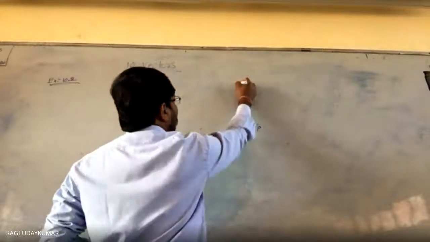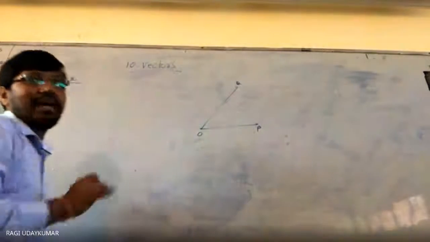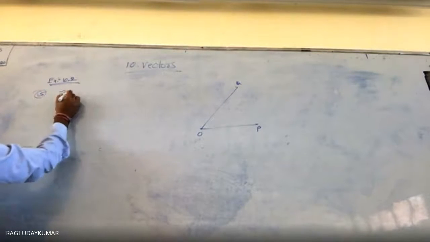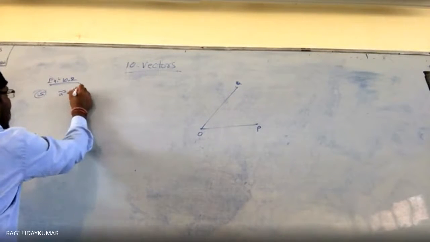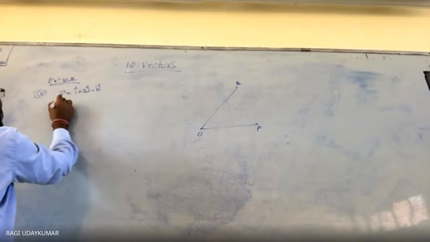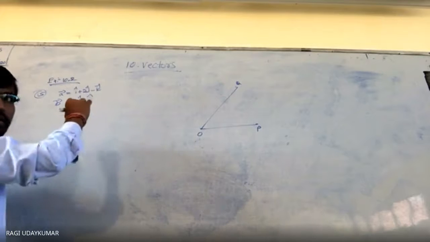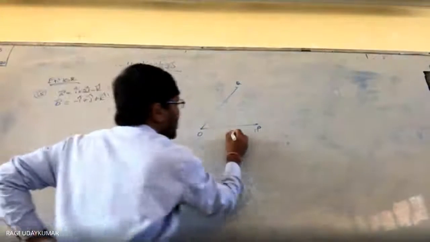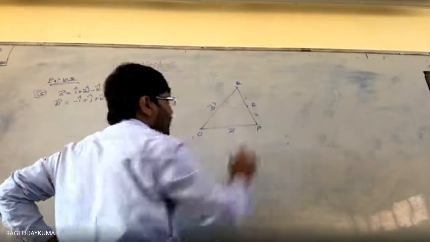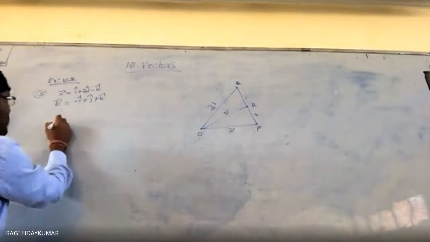This is P, this is Q. If it is given, the position vector OP is nothing but A bar. Problem number 15: A bar is equals to i cap plus 2j minus k, and B bar is equals to minus i plus j plus k. So this is A, this is B, and here the point R divides in the 2:1 ratio. The position vector of R is what is being asked to find. So R bar is equals to what?